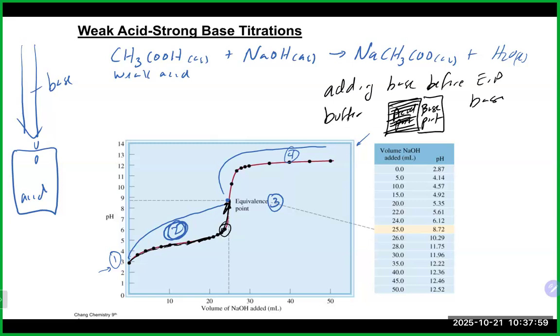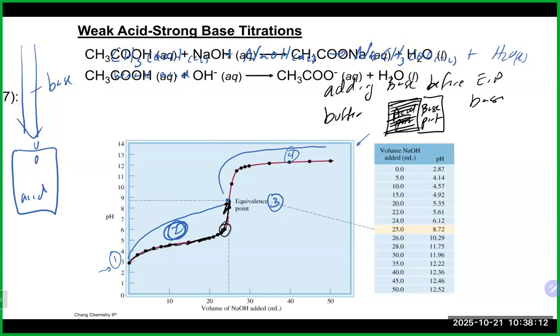So you're just kind of blowing through your buffer, and at some point you will blow through the buffer and you will see that big jump in pH until you reach the equivalence point. Any questions on that there? All right, so then let's talk about number 3 here, which is what happens when we do reach the equivalence